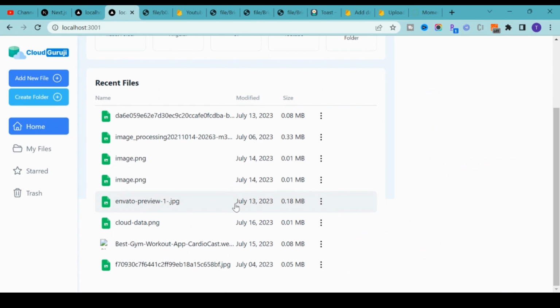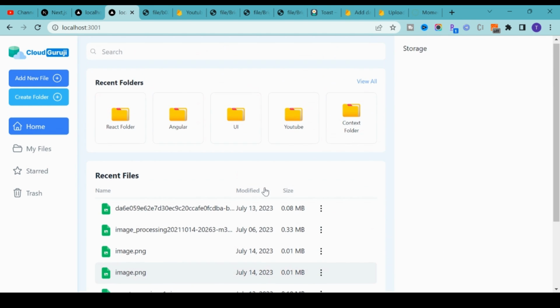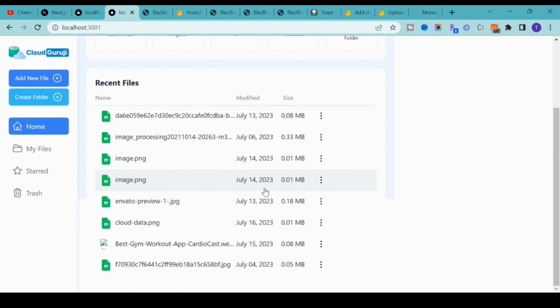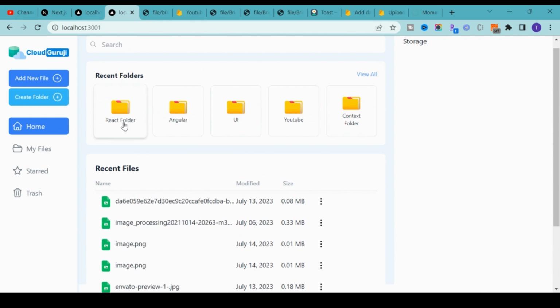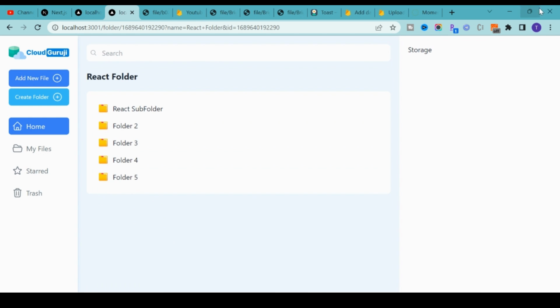If I may increase the size, now if you see we have this modified date, we have size, okay, everything to be formatted. Okay, perfect. I hope you understand this one. Next, if you go to the any recent folder, right now it's not showing here, right, because we want to